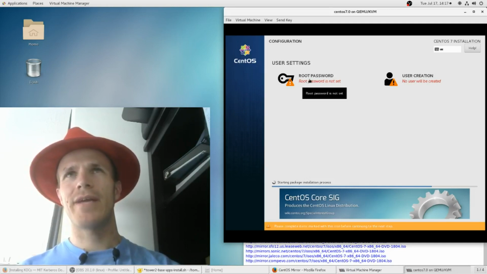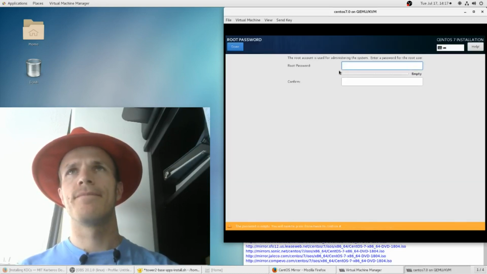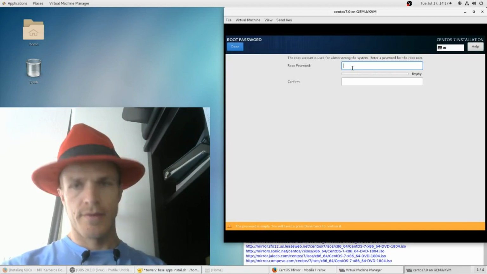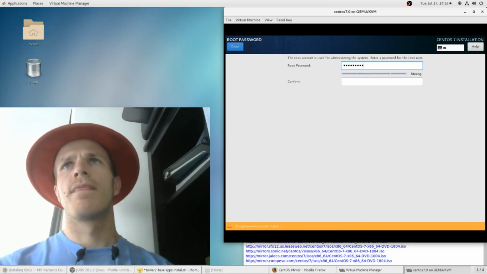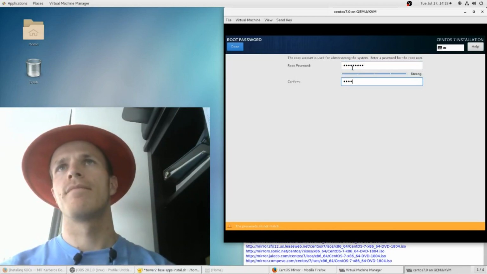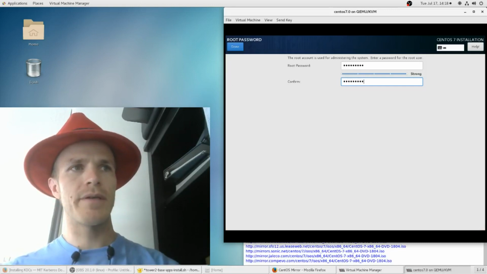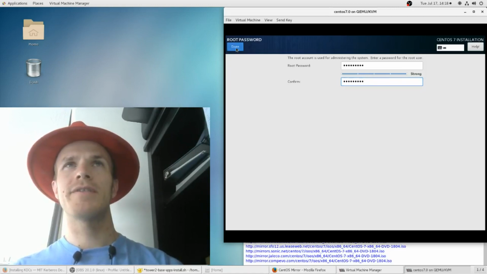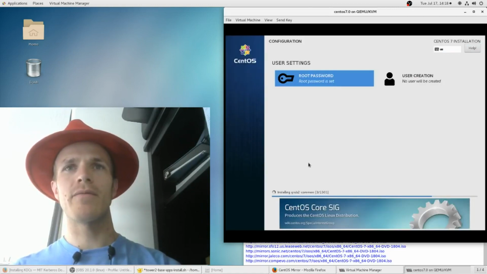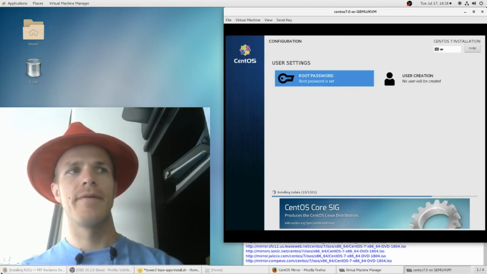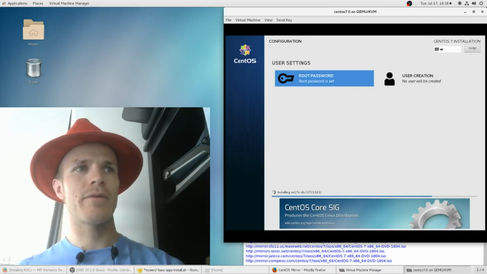It's a busy machine right now. Choose a good root password. You have to push done twice if the root password is weak. And then we will